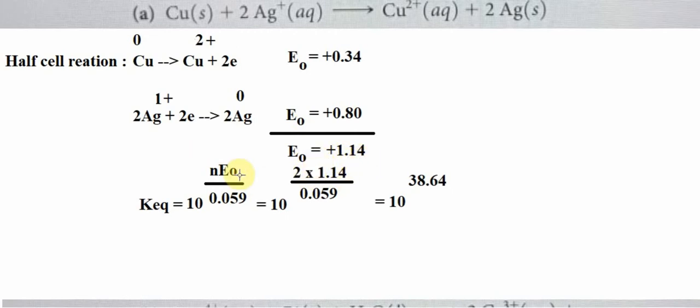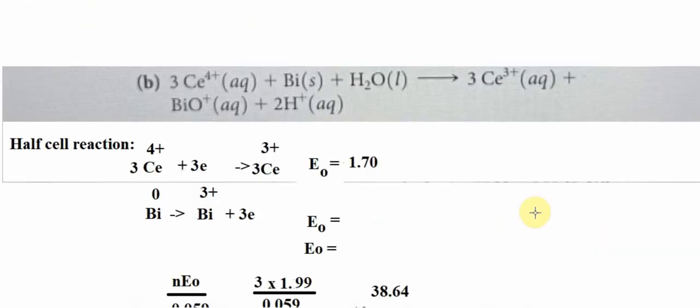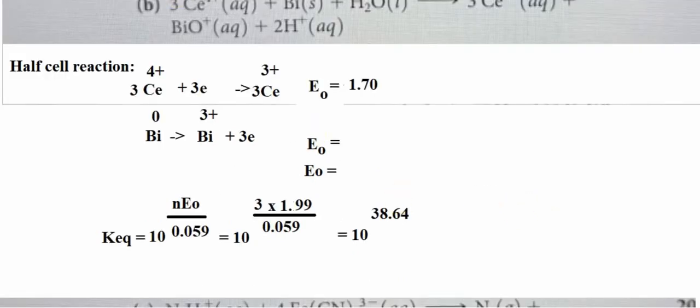We put it in here, and n represents the number of electrons. That's 2e, we put in the n. So we calculate this number and we get the equilibrium constant in here. Similar to this one, we get